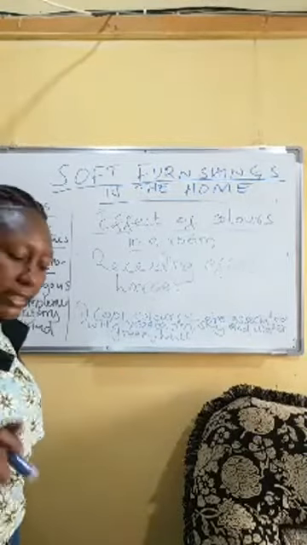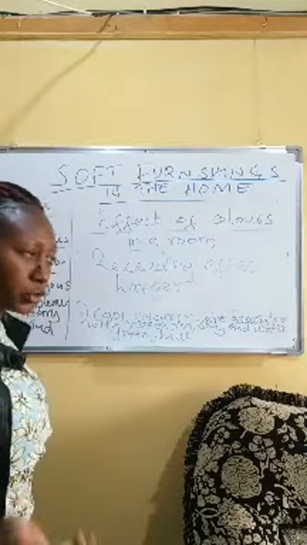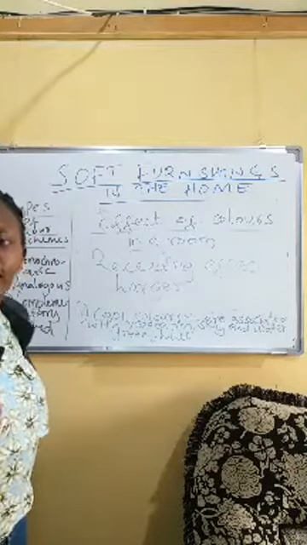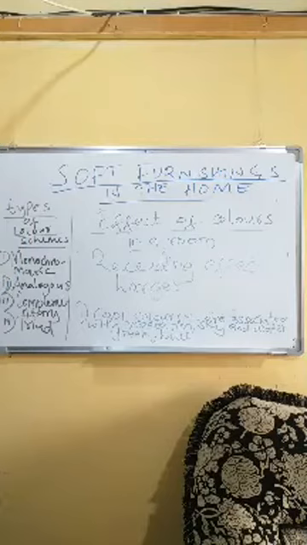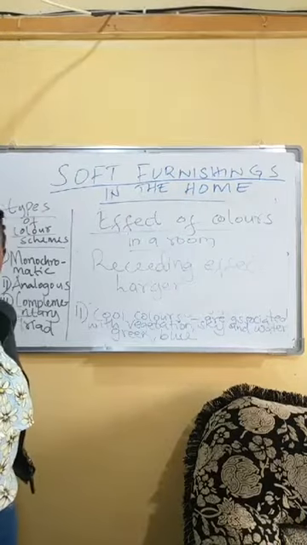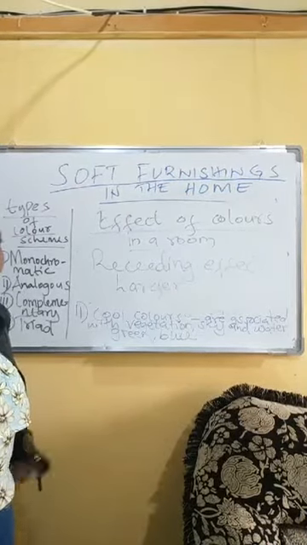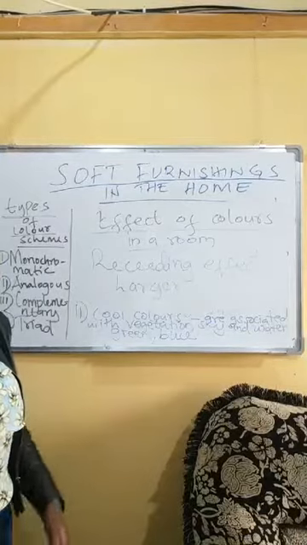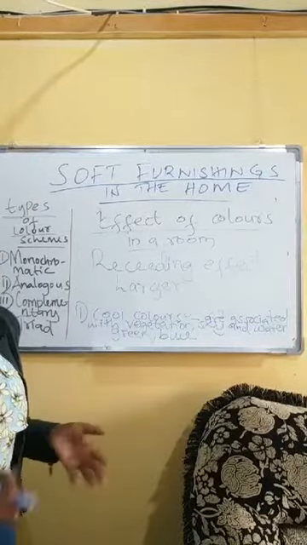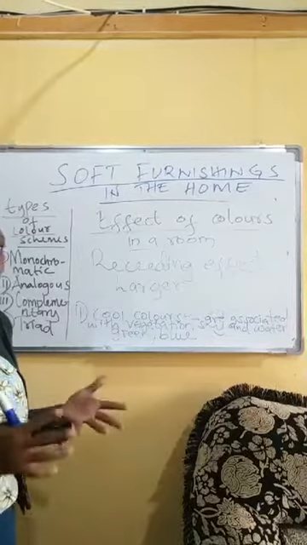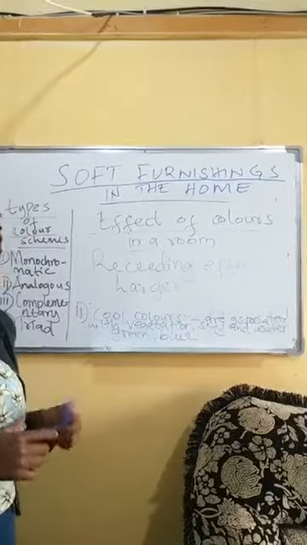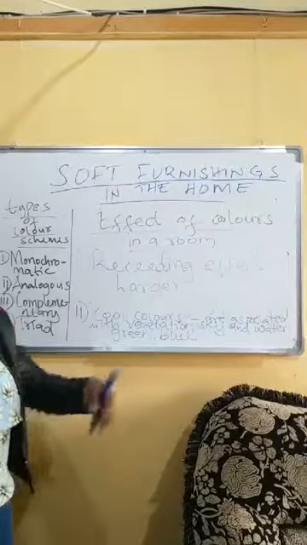I will not leave without talking about the neutral colors. And you know we have 3 neutral colors, that is black, we have white, and we have gray. We call them neutral because they tend to combine with almost everything. But if you use them alone at times, they are a bit frustrating, so you have to warm them up a little bit.